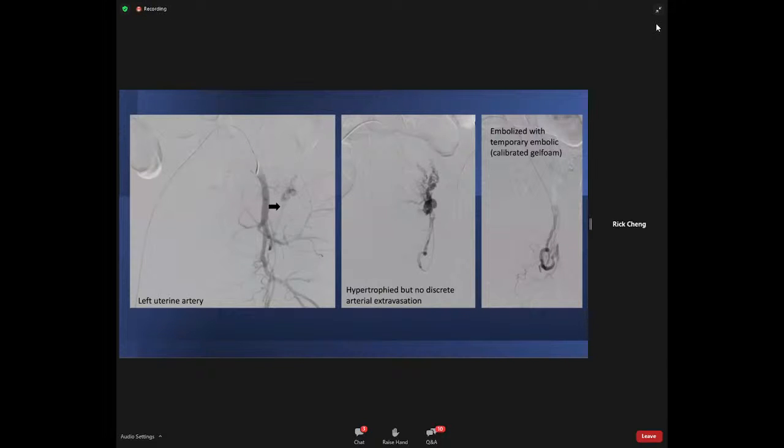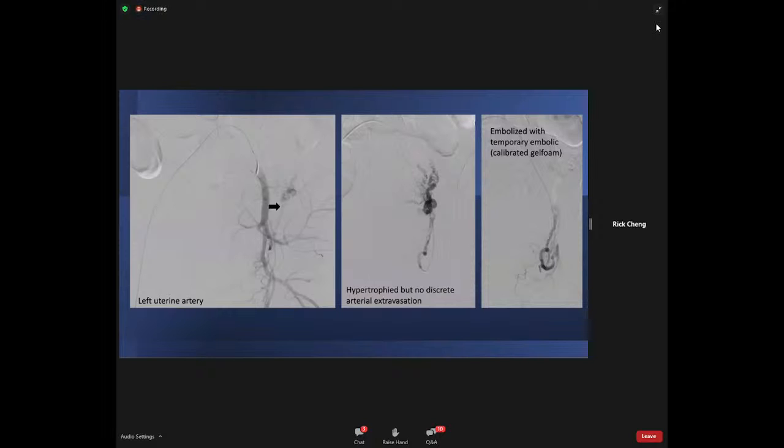Also, it is important to keep in mind that time is often of the essence when it comes to postpartum hemorrhage embolization. So deep cannulation of the uterine arteries is not always necessary and may not always be possible, just because vessels can be very clamped down. Gelfoam embolization can then be performed via the anterior division of the internal iliac artery to just allow for quick hemostasis.